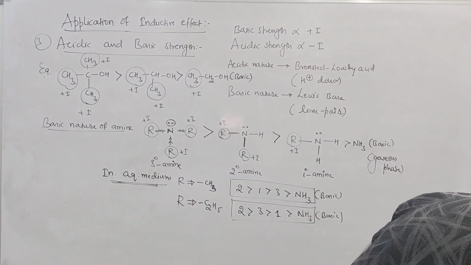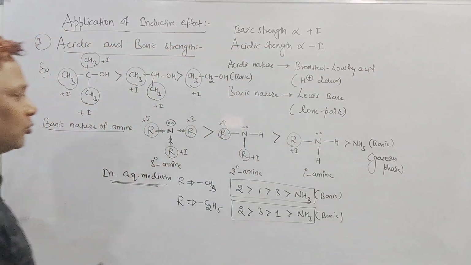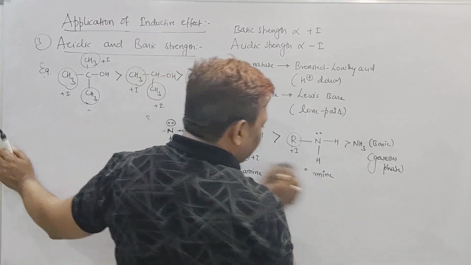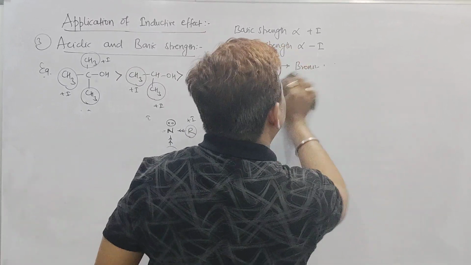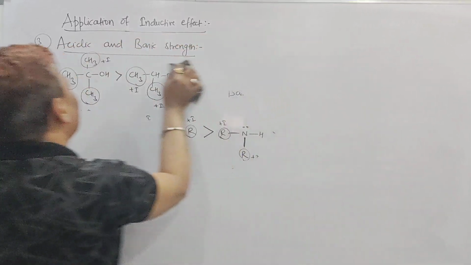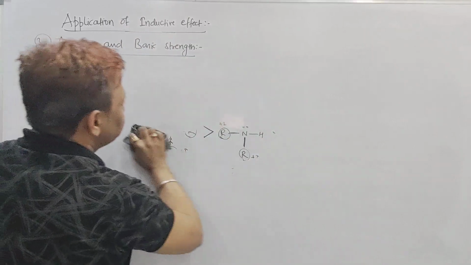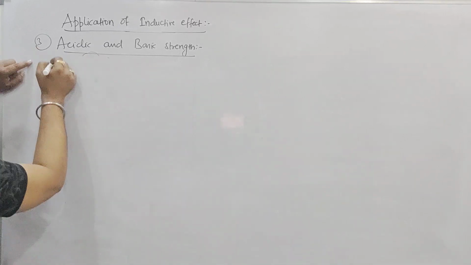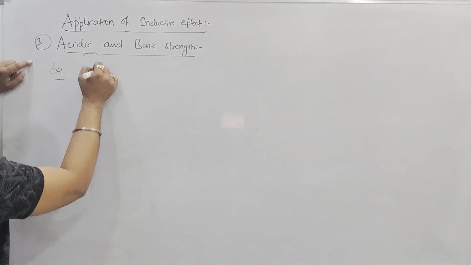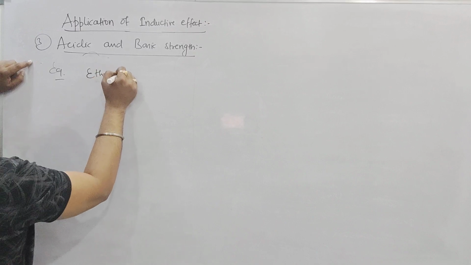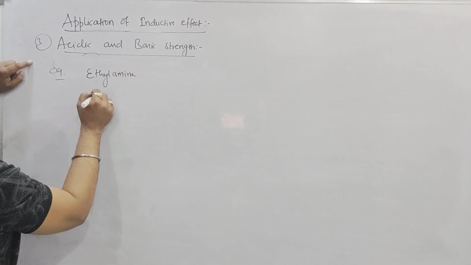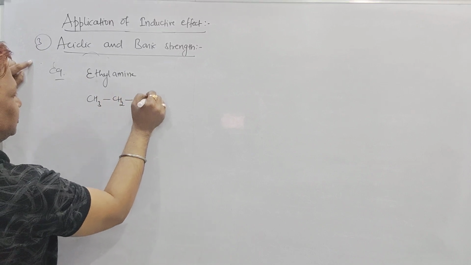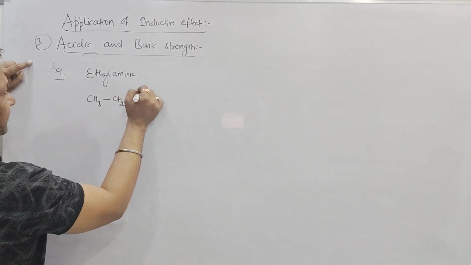Chalo, last part, now ethylamine and aniline, we will see which is more basic in nature. This is the last part of this one. Ethylamine and aniline. Do you know how to write ethylamine and how to write aniline? Listen here. Another example. This is called ethylamine. Sir, how to write the ethylamine? It is written as CH3 bonded with CH2, then NH2. Very good. Lone pair is there.